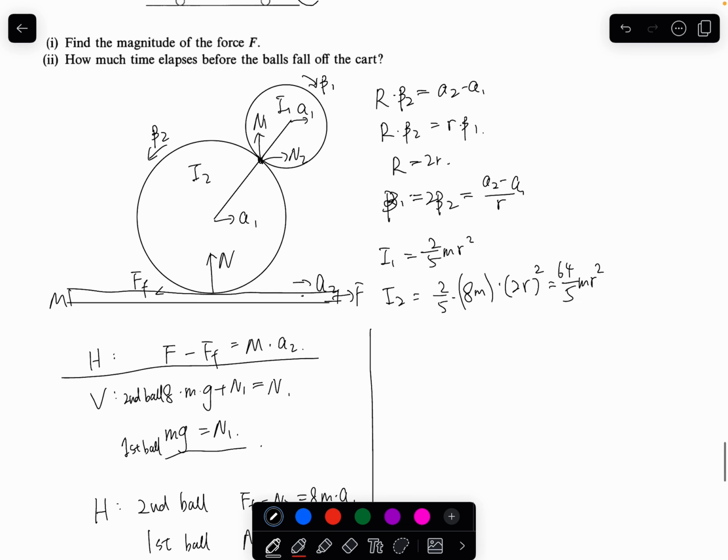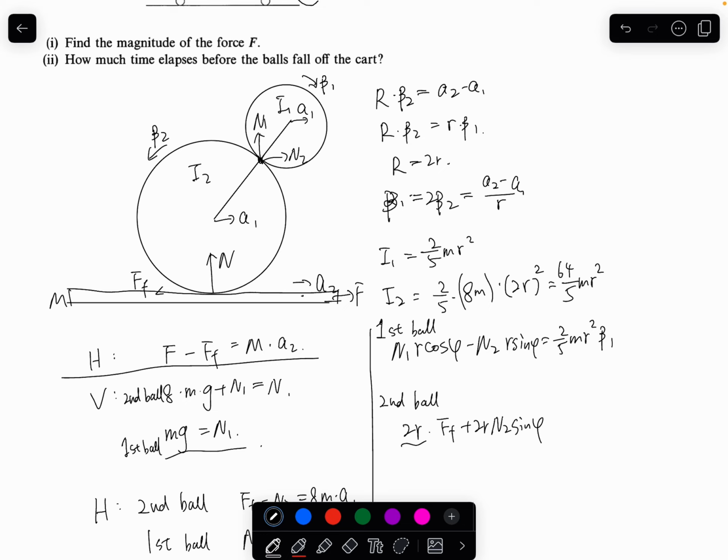Next, we'll write about the moment. So, the first one, N1 R cosine phi minus N2 R sine phi equals this. This is for the smaller circle, so this is the first ball. Next, we have the second ball. 2r times, this is the capital R friction plus this sine phi 2r and r2 minus, sorry, there's a